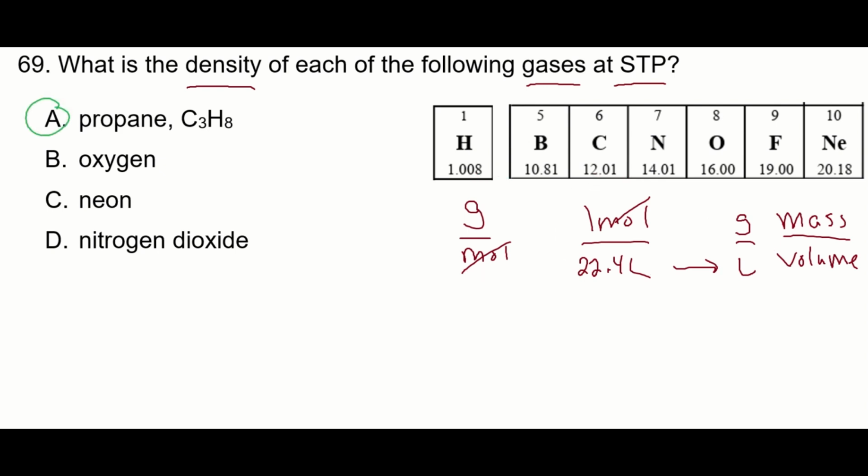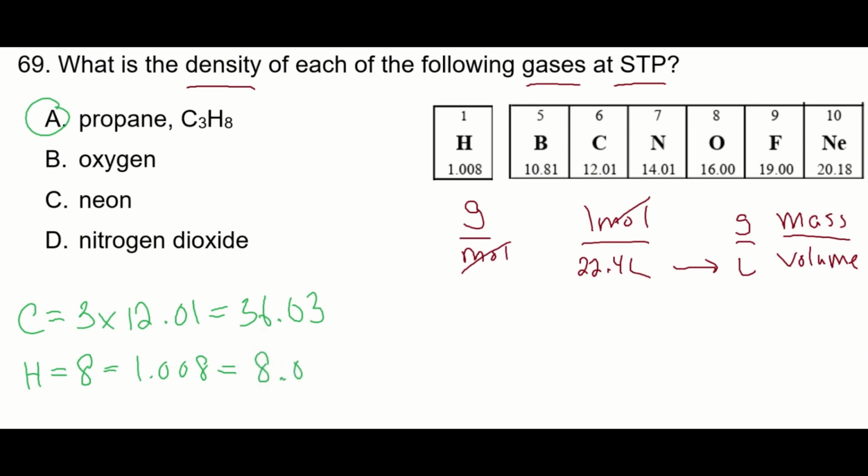All right, so let's start with part A. We need the density for propane. Propane has 3 carbons. Carbon has a molar mass of 12.01. That's going to give us 36.03. Propane also has 8 hydrogens. Hydrogen has a molar mass of 1.008. That's going to give us 8.064. Let's add these up. So propane has a molar mass of